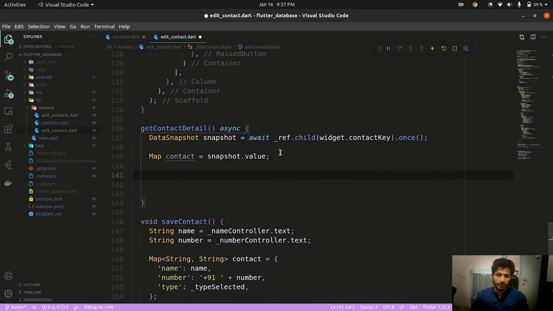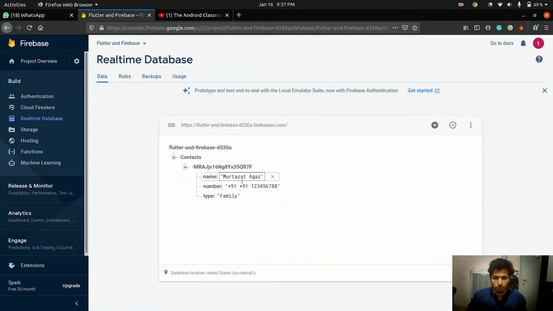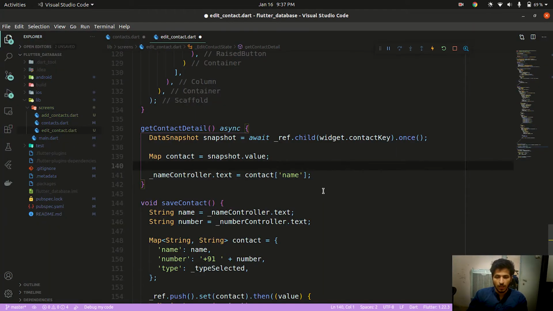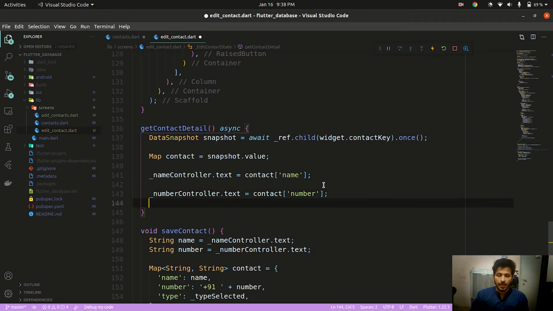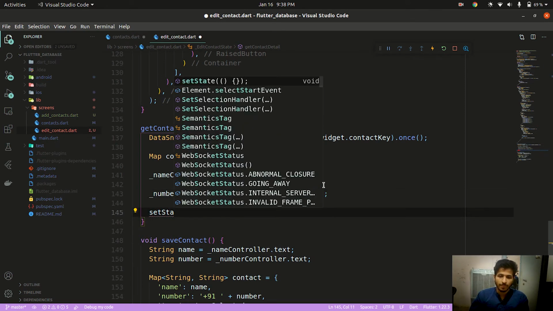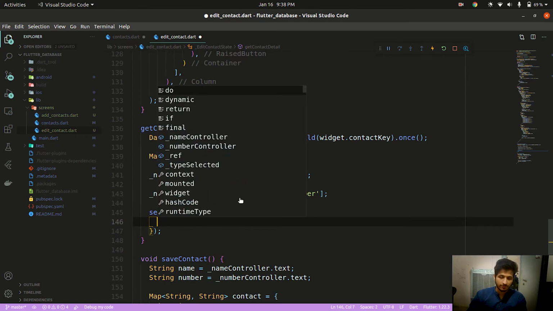So we'll pass this name, number and type into our text editing controllers and our type selected. First for name controller, I will call name controller dot text equals to contact name, because this key should be the same as here, so it is name. Now let me call number controller dot text equals to contact number, and then I will call set state,